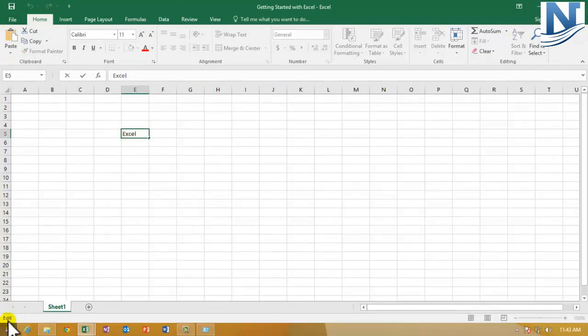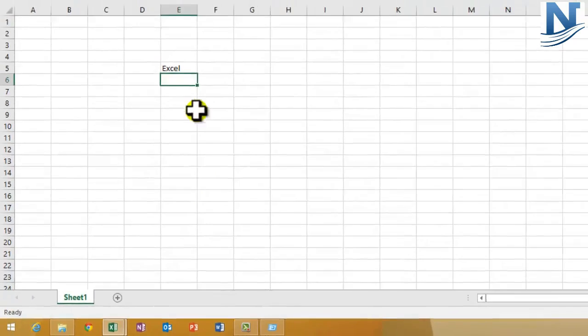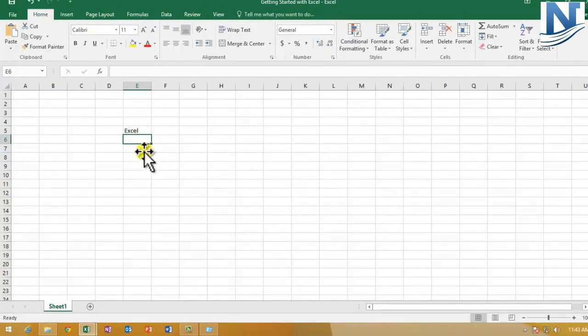Now, once I double click in this cell, it means that I'm trying to edit my cell, so it's now in Edit mode. Once I press Enter, I'm coming to the next cell, and can you see the Ready status is visible again. So this is about the status bar.